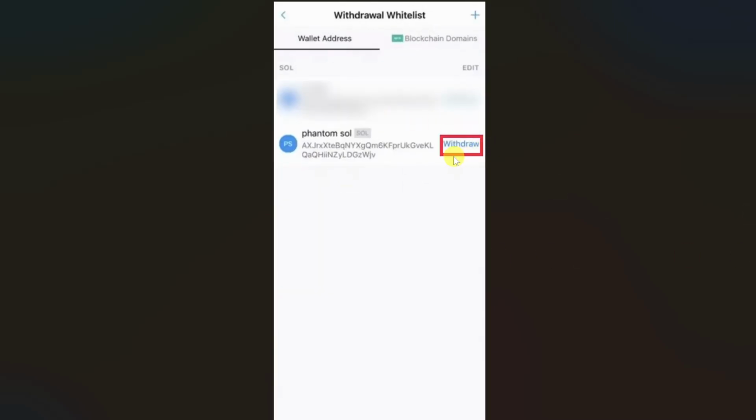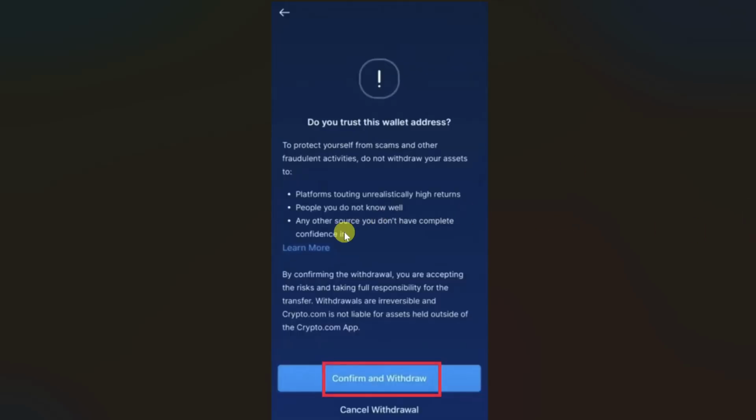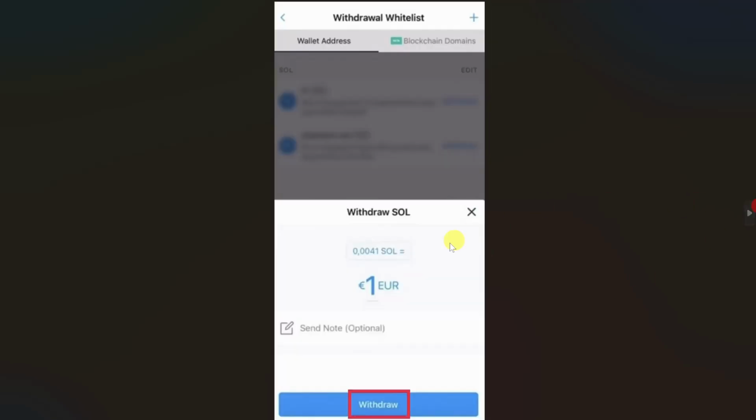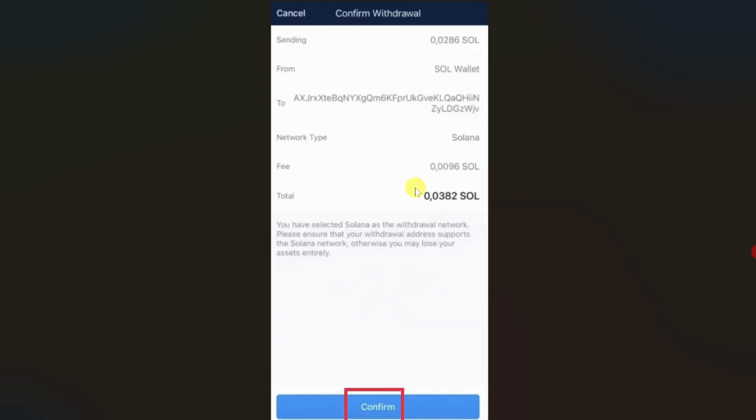Then you have to click on this withdraw button right next to your wallet address that you have added. Then it might show you this screen, so simply click on confirm and withdraw. Then enter the amount how much you want to transfer, and then click on withdraw. Then it will ask you to confirm this withdrawal, so just make sure you are sending the correct amount and